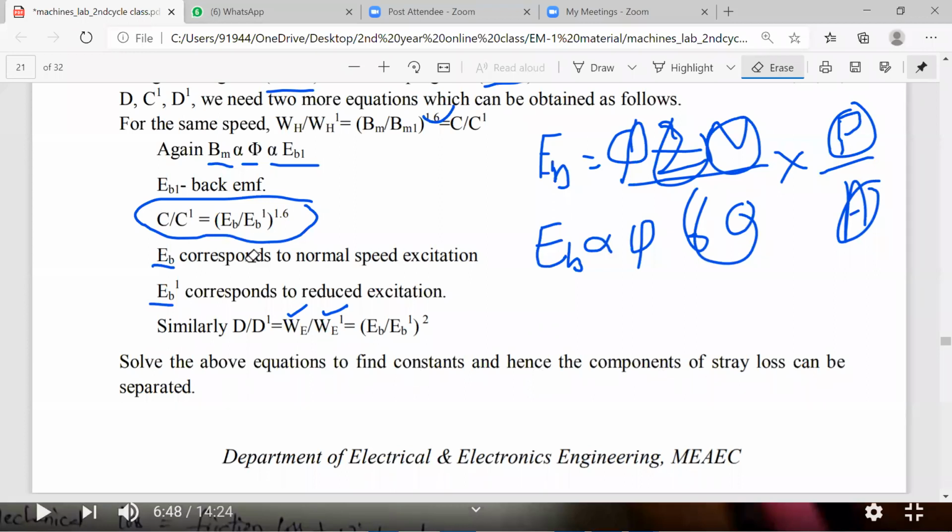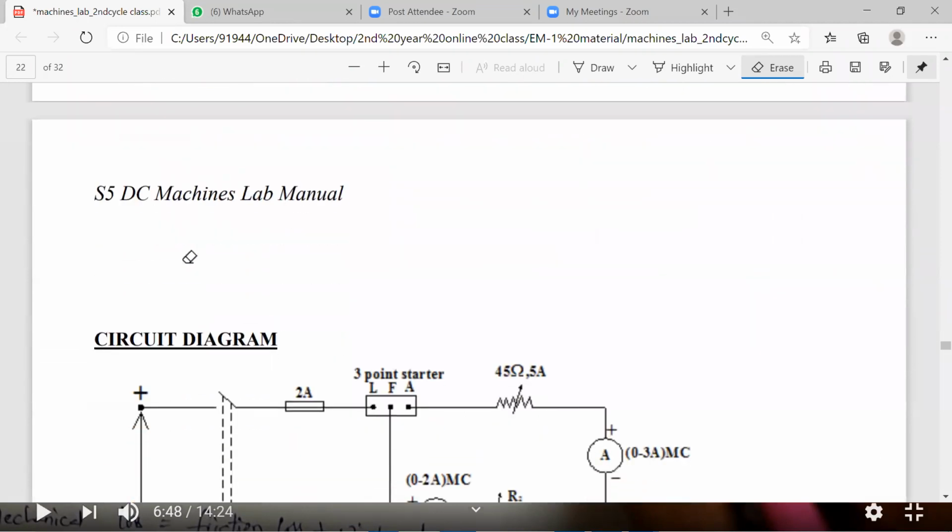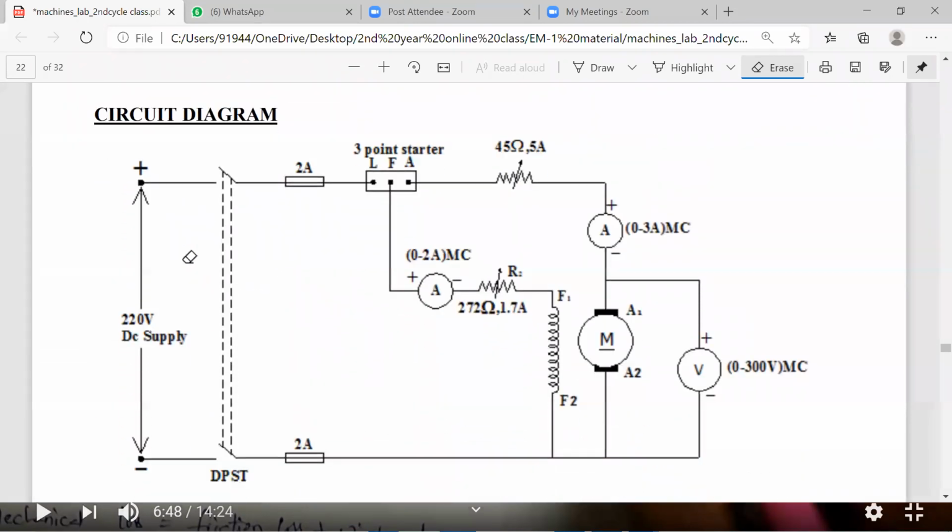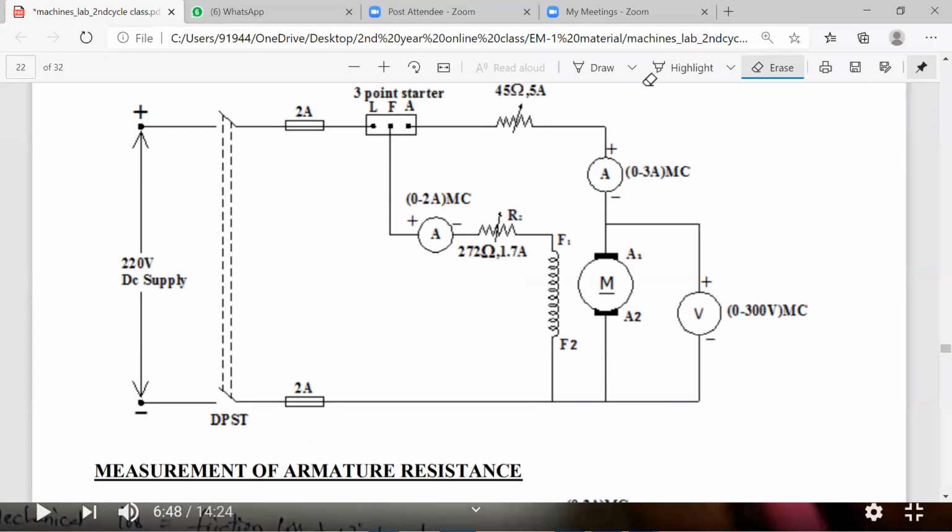So first of all, how do we find out these constants A, B, C, D, C dash and D dash? For that purpose, we conduct a test. We conduct the test on this shunt machine. So this is the circuit diagram of the shunt machine. So this is the armature,